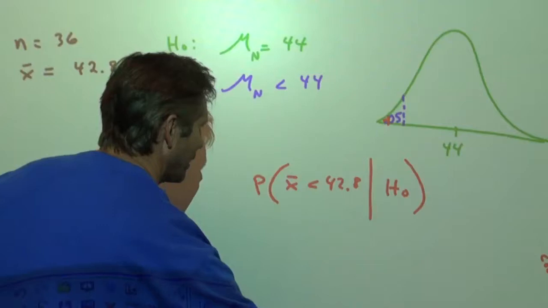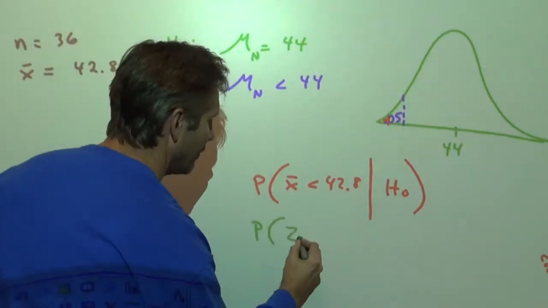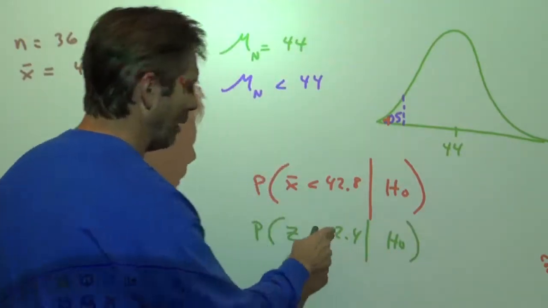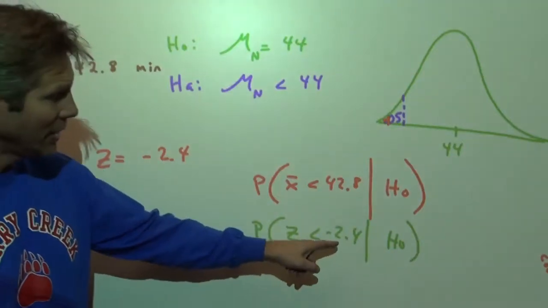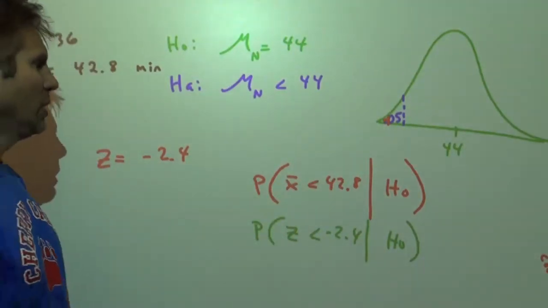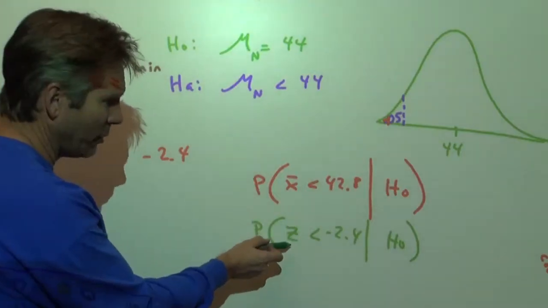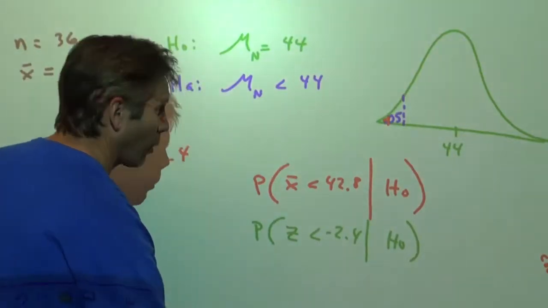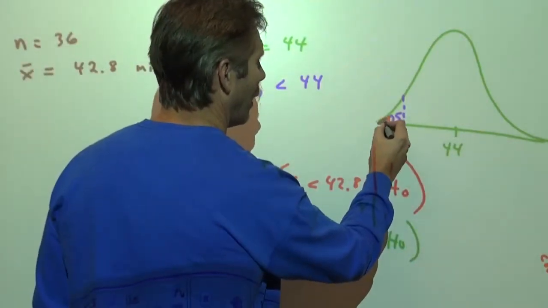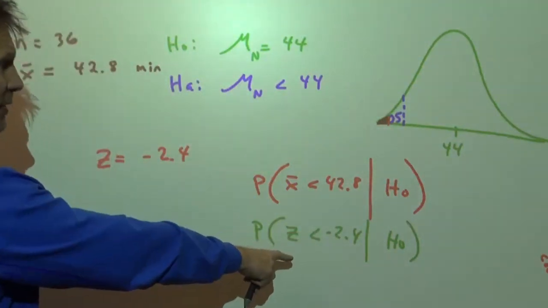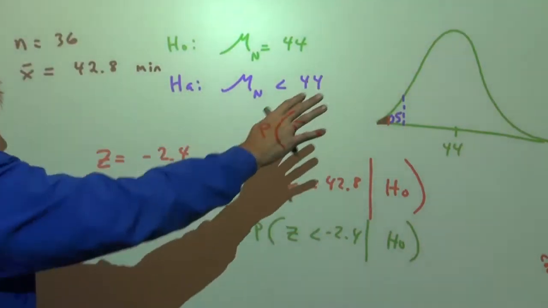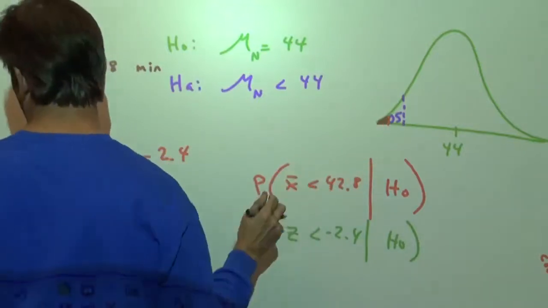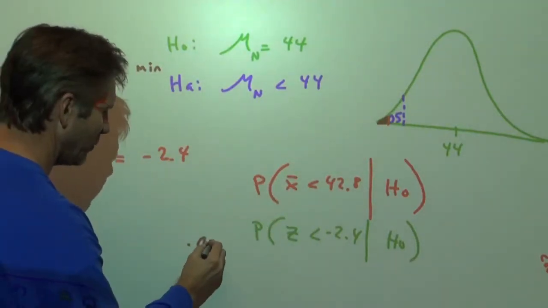And that would be equivalent to the probability that our z-score is less than negative 2.4, given that the null is true, because that was the z-score, known as the test statistic, associated with our particular sample mean. So what we'd like to know is, how often do you get a z-score more than 2.4 standard deviations away from the mean? Well, that's where we can use the normal CDF to find what the probability is that this happens. We're going to use software, and we can use normal CDF, and I'm going to teach you how to do the tests on the calculator a little bit later. But it turns out this probability down here is 0.008.